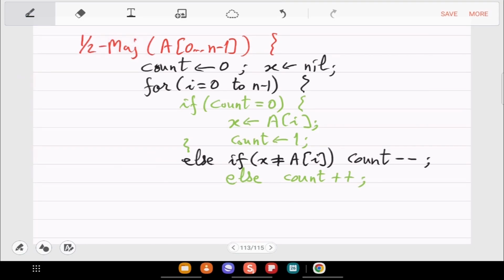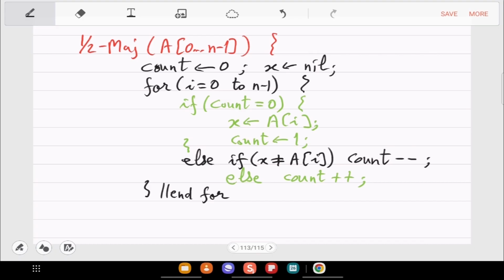And that is the end of the data stream. Okay, so now you have seen the whole data stream, and if this half majority x existed, then you should have x at this point. But you have to verify, because maybe this is a fraud.